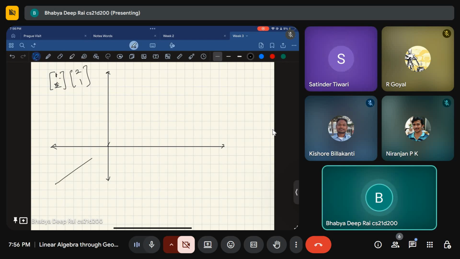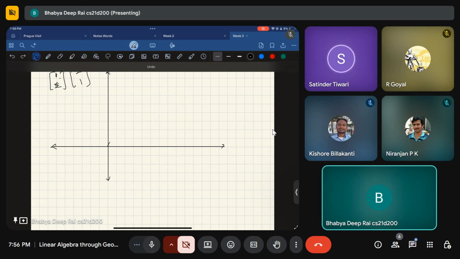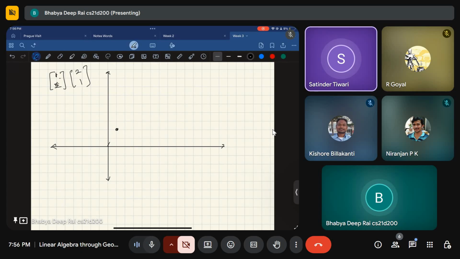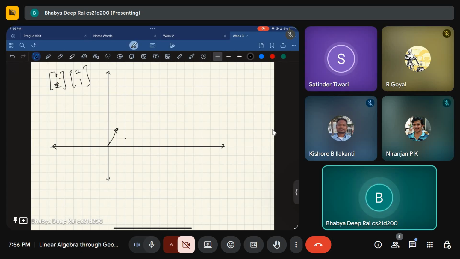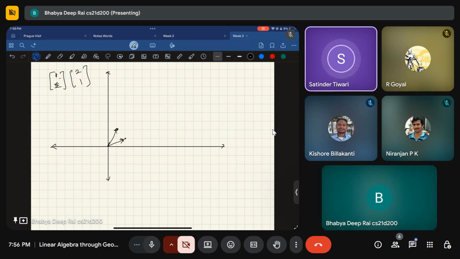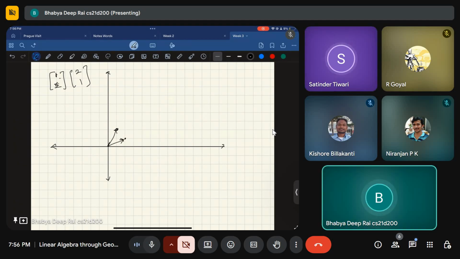Because here you cannot think of changing the coordinate system and so on. So 1 2 is here and 2 1 is here. So using this, what Satinder is saying is that I consider this as my single step, as if I'm only allowed these operations. It's like in the chessboard there is this knight, the horse. It can only move in certain directions.